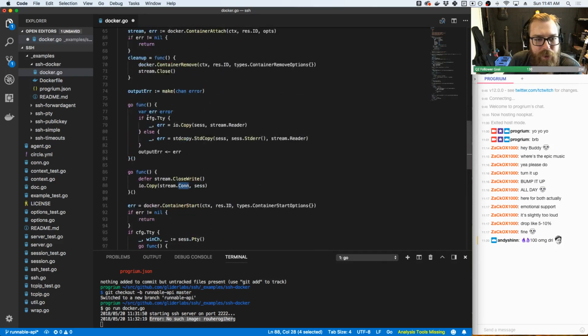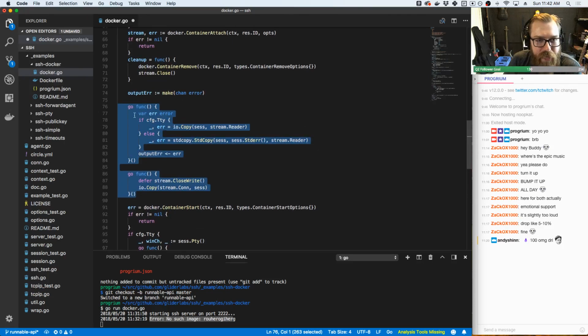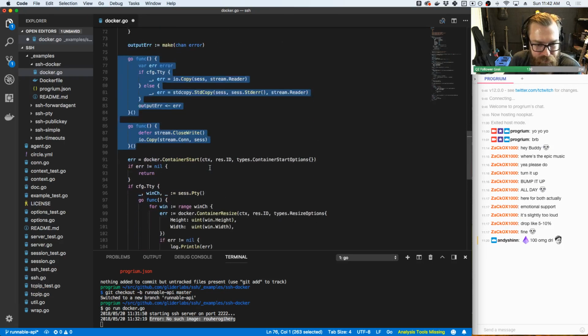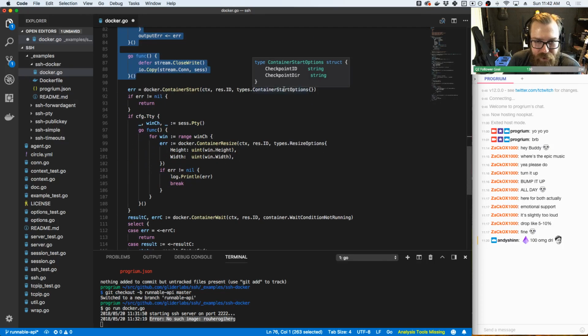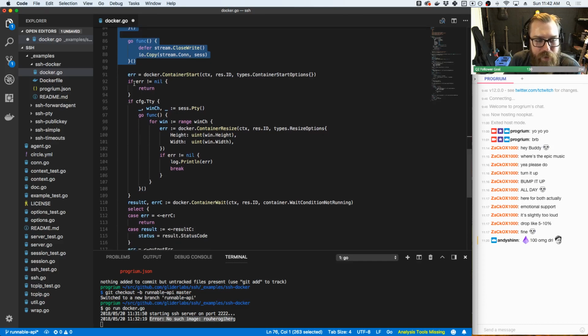So anyway, once you've set all this stuff up, which is really just handling our attached stream, then we can actually start the container. Looks like we don't have any actual interesting start options, which aren't that interesting anyway. It looks like you can specify a checkpoint. The container's already kind of set up, ready to go, and so start will just execute whatever its entry point is, or the default command. So we tell it start, is there an error? Okay, and then lastly, once it's running,